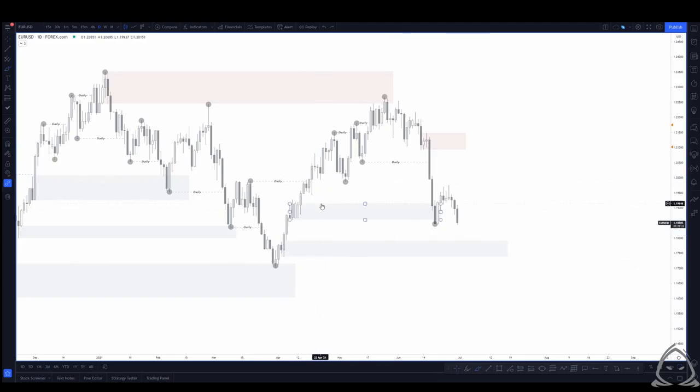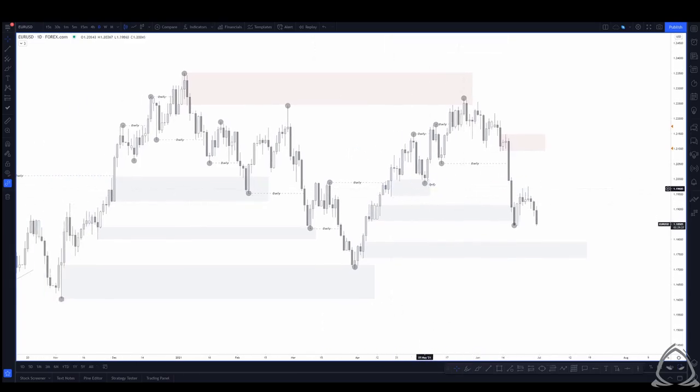We can see that we have, I just drew this one on as well. We have a demand zone that was respected, and we can just continue on. But what we're seeing is bullish structure. We're seeing demand zones holding, and we're seeing supply zones failing. What we have right here is a supply zone. It fails. Create a demand zone. We continue to create higher highs and higher lows. We have a supply zone, more specifically